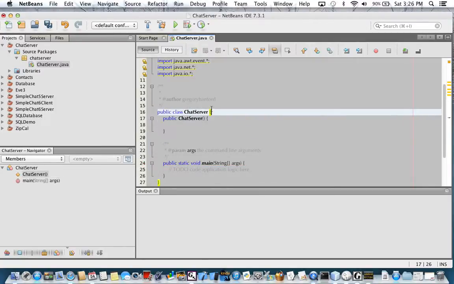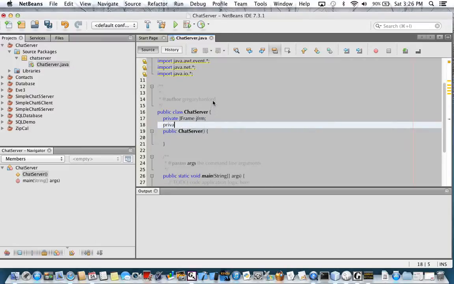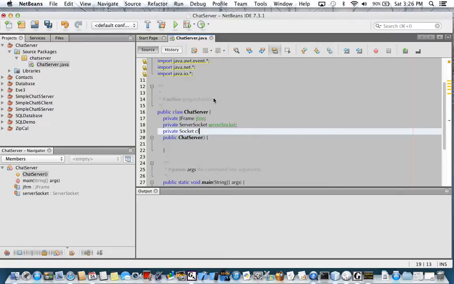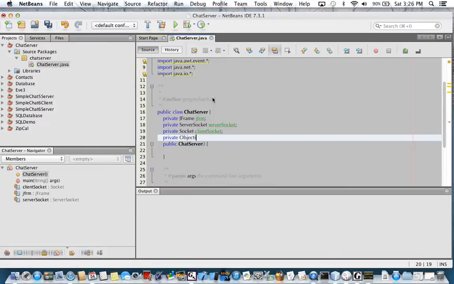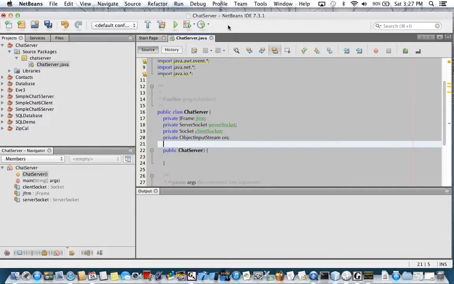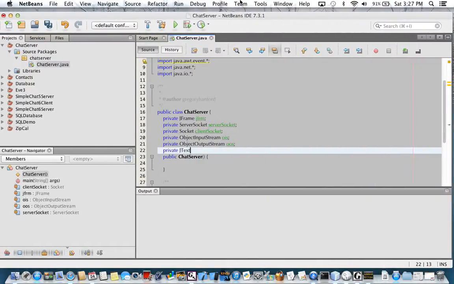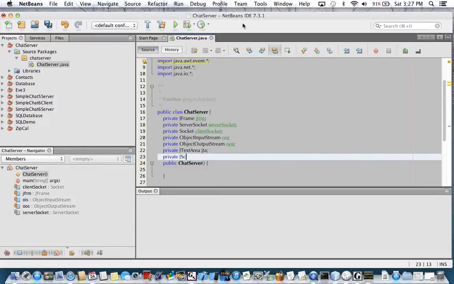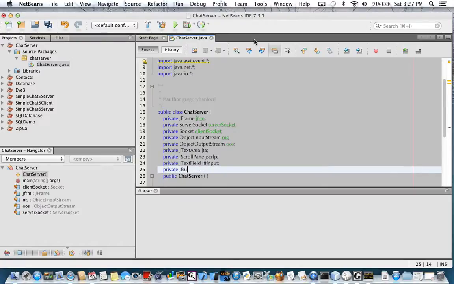And we're going to say private JFrame, private ServerSocket, private Socket clientSocket, private ObjectInputStream OIS, private ObjectOutputStream OOS, private JTextArea JTA, private JScrollPane JScroll, private JTextField JTF input, private JButton JButton send,